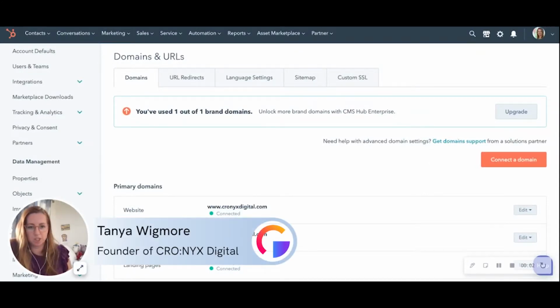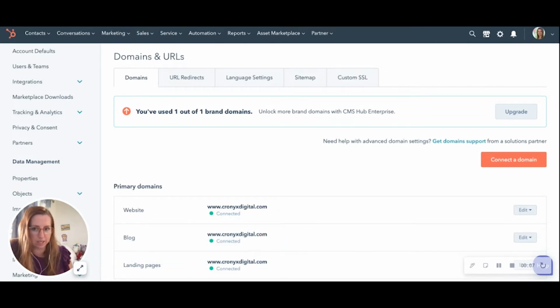Hello, today we are going to talk about how to export a list of your website pages in HubSpot CMS. This is a common request, something that you need to do if you are making a list of pages for somebody to check. Maybe you're doing a site migration and you want to keep track of who's been working on what, or maybe you just know that it's time where you need to go through and reevaluate all your content,